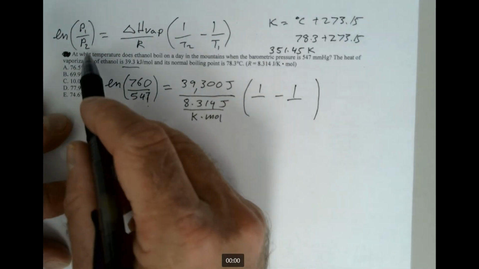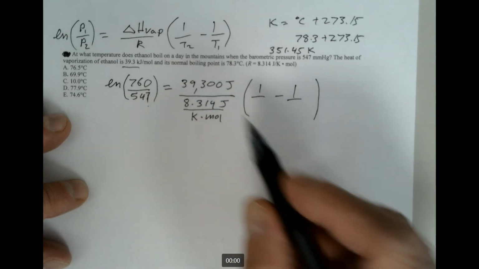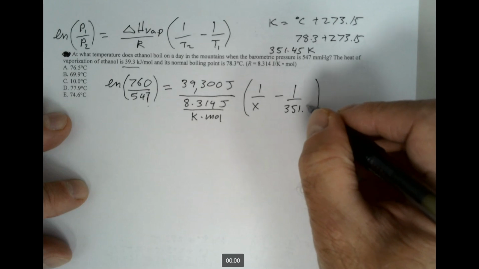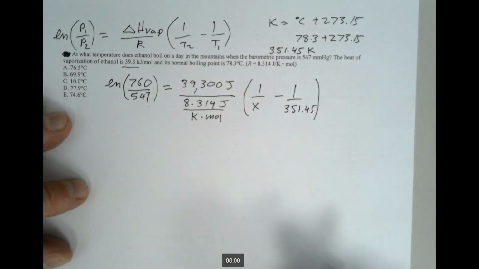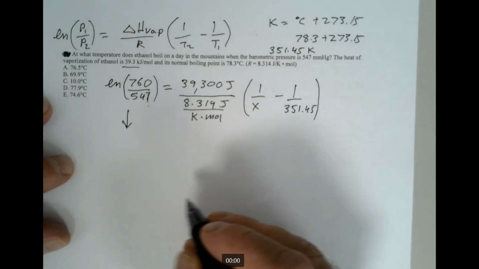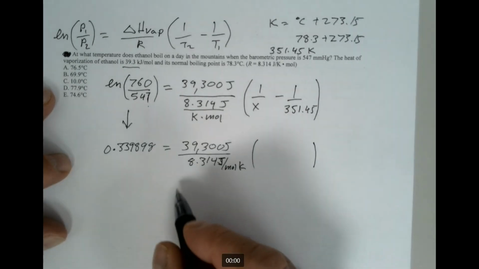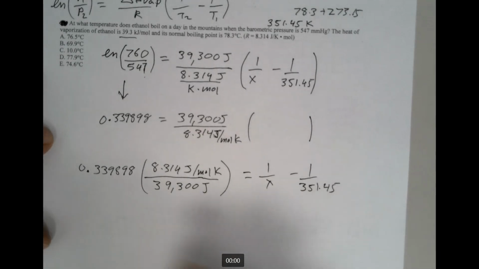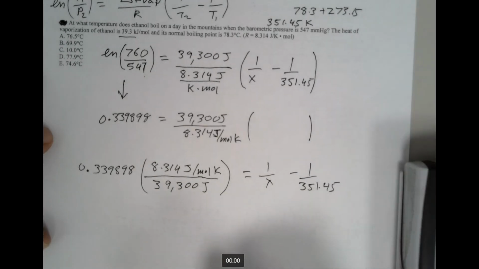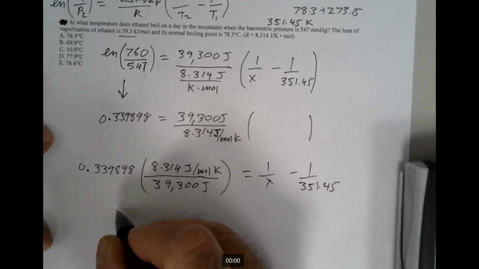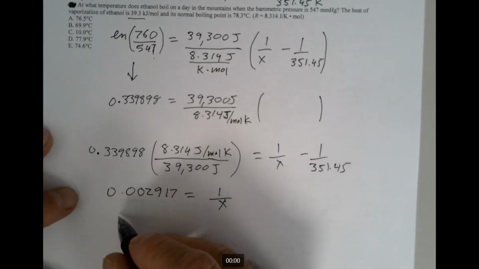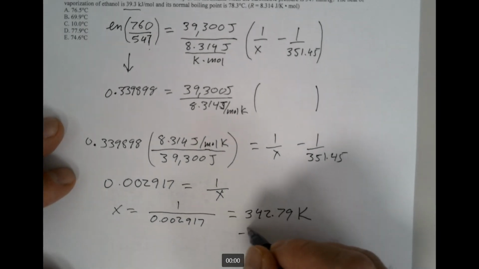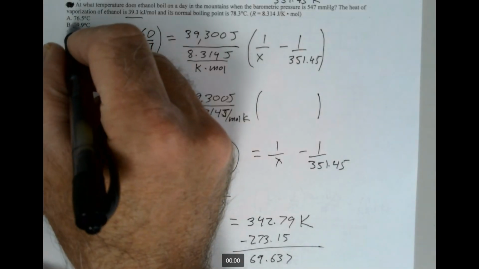So my new pressure is P2. So that means my T2 is going to be my X. So here's my temperature in Kelvin that ethanol boils at 760 torr. So I can do that side on my calculator. And then let's bring this to the other side. I can determine this number and bring it on across. And when I get done doing all that, if I did it correctly, I'm going to have something that looks like, so solving for X. All right, so that is the Kelvin temperature. So now if I minus 273, and that's going to be this